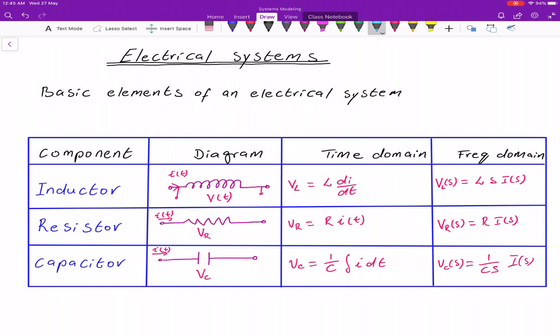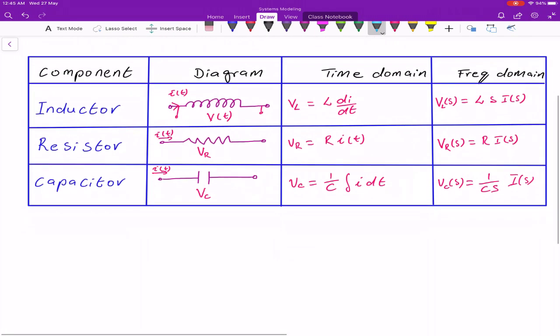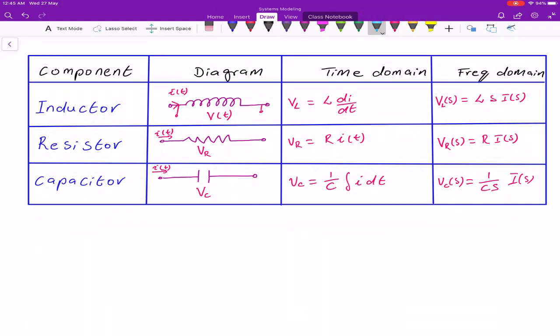Okay, and it is very, very important to remember that when it comes to the capacitor, sometimes you would want to write the information in terms of the current. We looked at the capacitor in terms of voltages, but if you want to look at it in terms of current, again, I'm just busy with the capacitor, we know that charge is equal to CV, and if you differentiate this, you are going to have dq/dt is equal to C dV/dt,